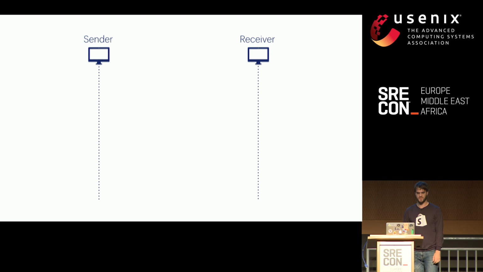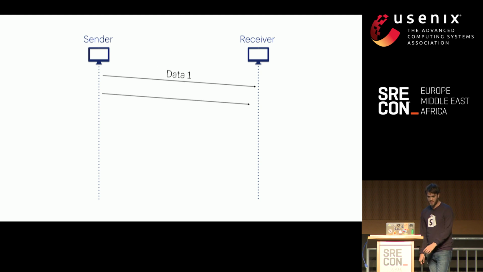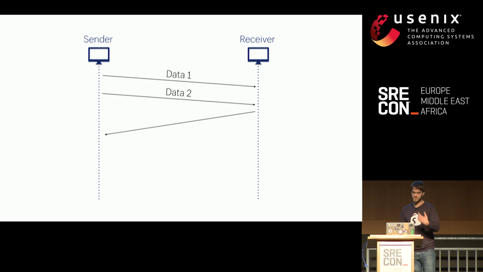Now great, you have a connection, so let's send some data. You send some different packets. They're all numbered 1, 2. These are the sequence numbers. The receiver is like, acknowledge 1, but something happens, and for some reason the acknowledgement of the second packet doesn't get to the sender. So what happens then? What is a reliable transport?